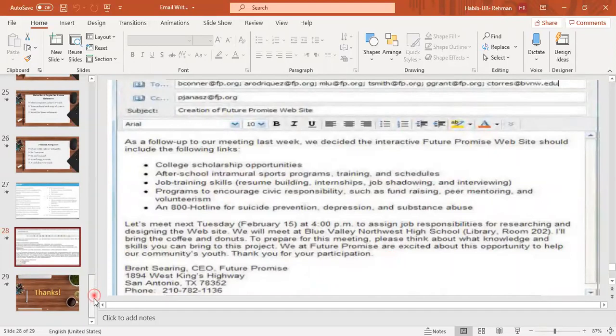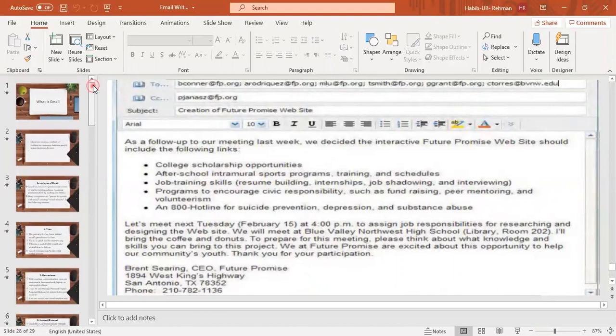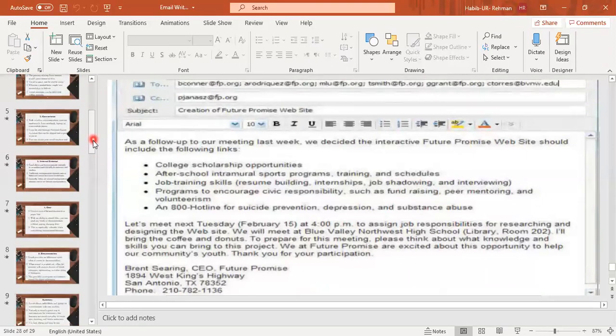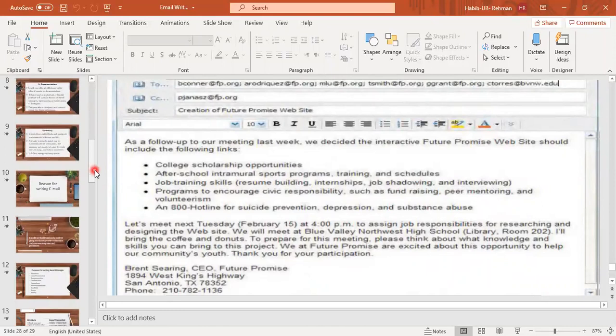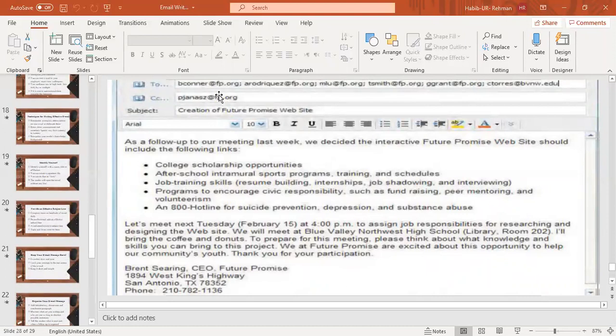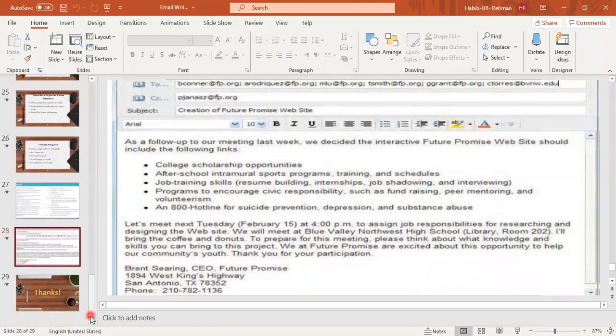So that's all about email writing. Today we have talked about the different reasons that we use email, the importance of email writing, and how to write an effective email. We talked about different techniques, and then we also discussed a checklist of email writing, and then we looked at a sample of the email. So that's all about email writing.